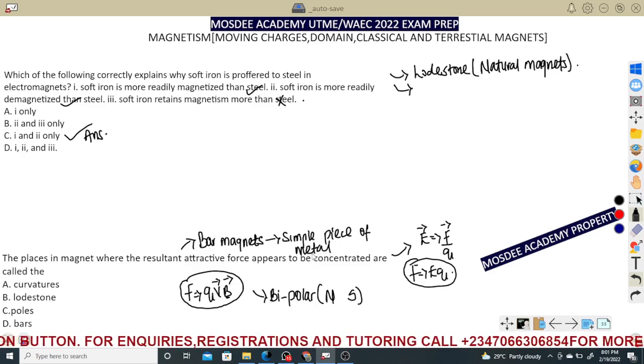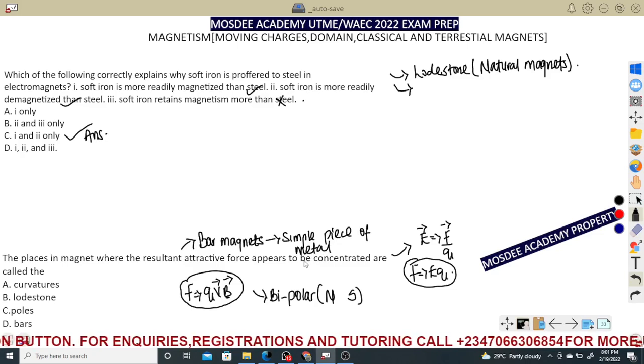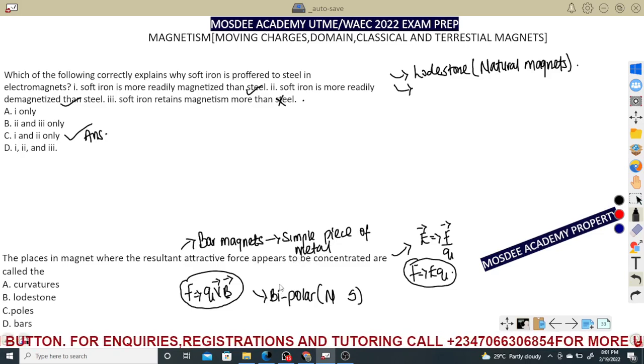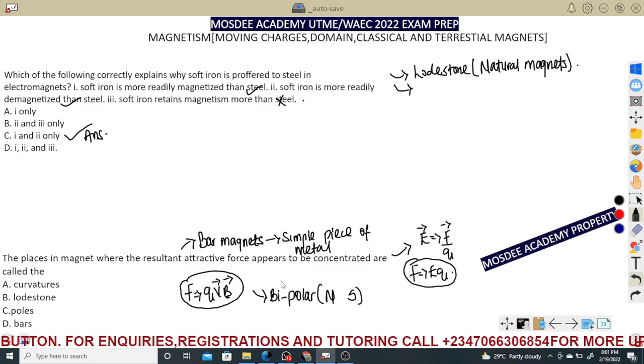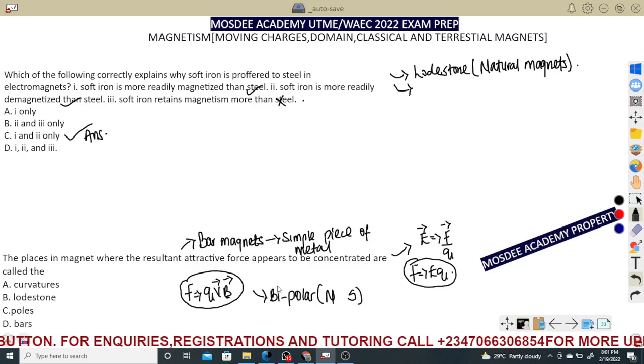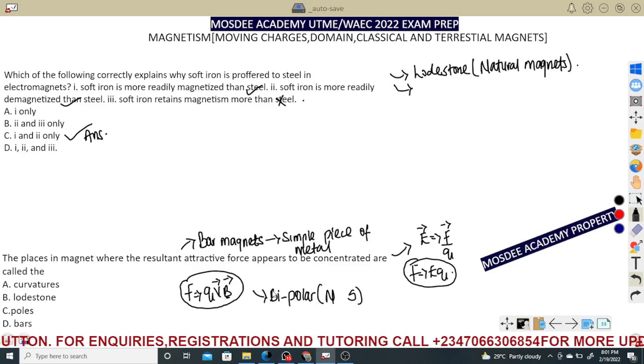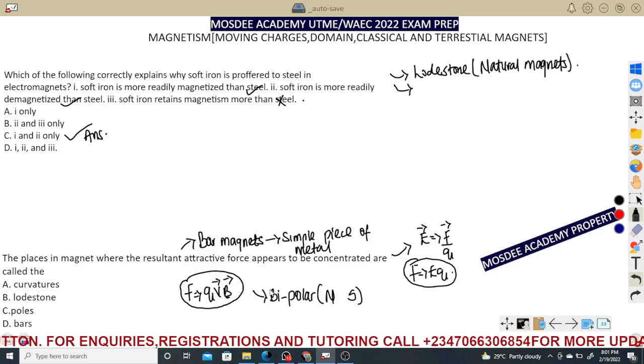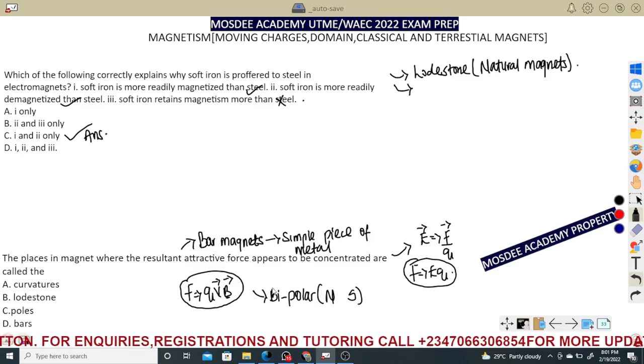So now it's just a simple piece of metal, which is bipolar. When I say bipolar, I mean magnets don't exist as a unipole. It never exists. In fact, the same Coulomb's law that you know for electric charges